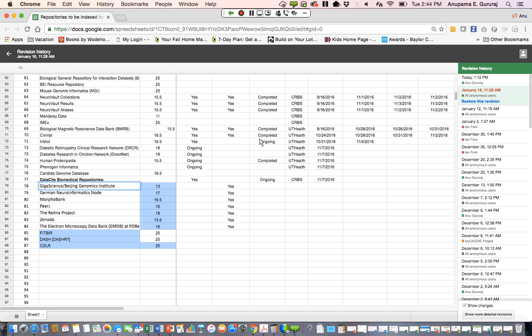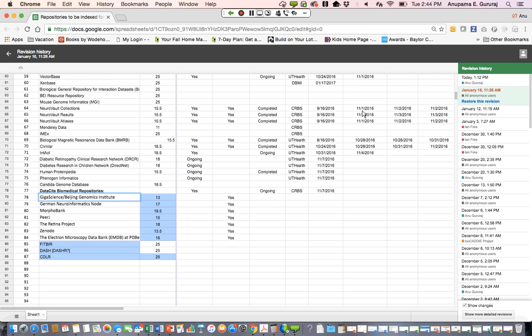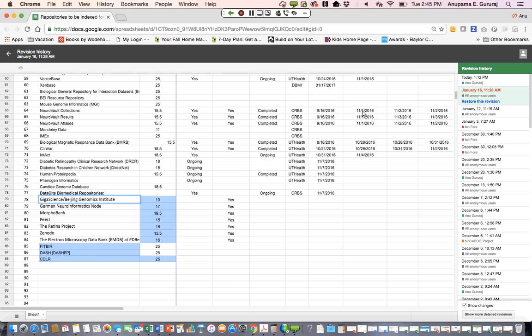So for the most part, all these dates are being entered by me, because I look at the other spreadsheet, which looks extremely complicated for somebody coming in from outside, and I keep it in a simplified format in this spreadsheet so people can get an idea. But the problem now is for the DataCite biomedical repository. Yeah, they're all less than a day, because it's basically just changing the target endpoint at DataCite and then doing